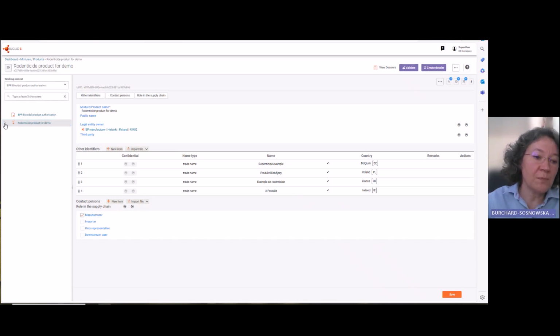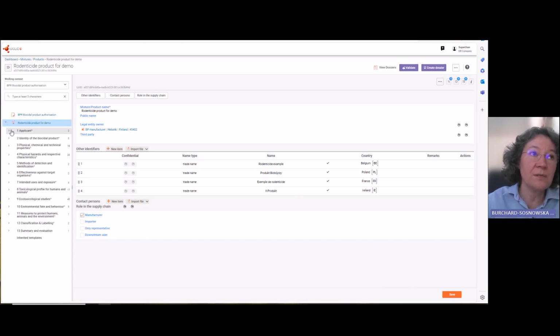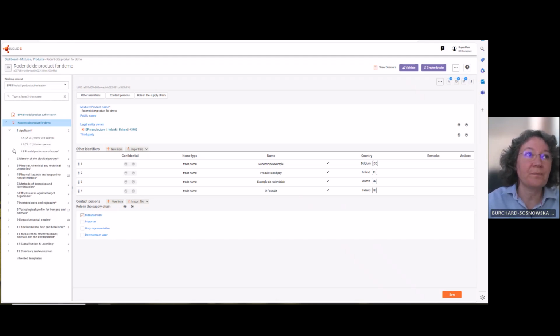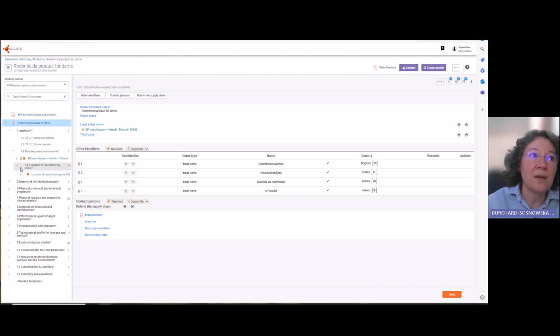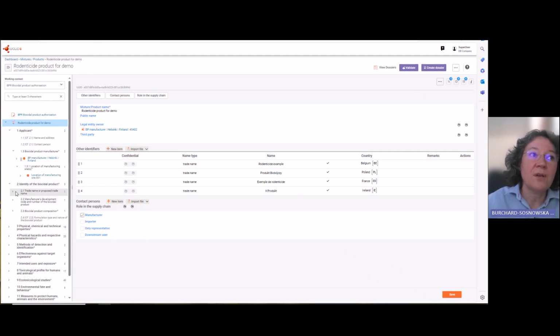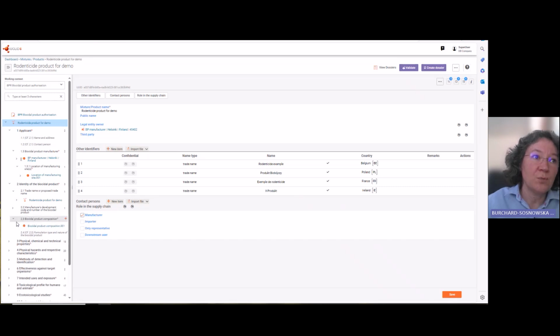Among all the documents present originally in the table of contents, only the documents relevant to the SPC will be displayed after switching to the SPC working context. The documents that will be included are biocidal product manufacturer in section 1.3, location of manufacturing site in section 1.3.1, identification of the biocidal product in section 2.1, all the compositions document in section 2.3,